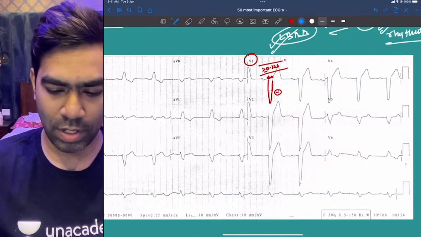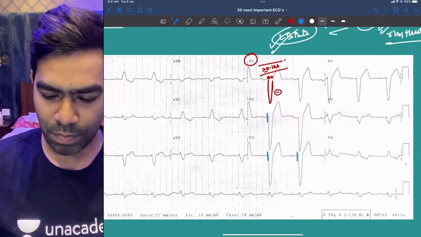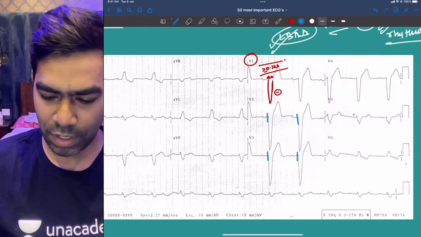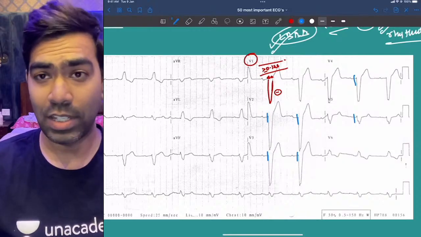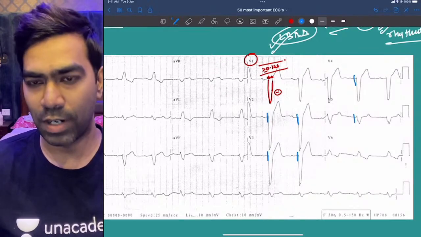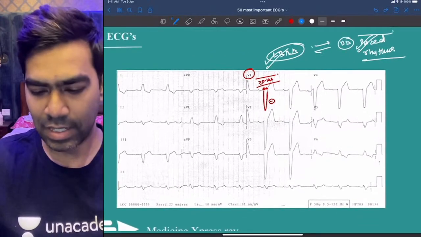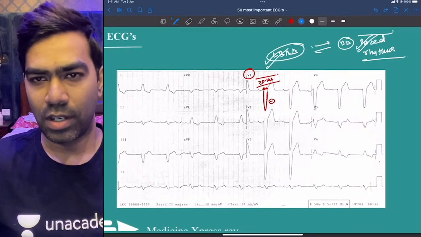So look for the pacer spikes. If you are able to see some sort of pacer spikes like this before every QRS complex, then that is more suggestive of a paced rhythm. So look for those pacer spikes very carefully in exams whenever you see a left bundle branch block pattern like this. But if you don't see pacer spikes as in this EKG, it is very much suggestive of a true